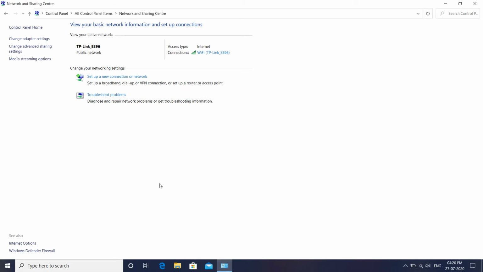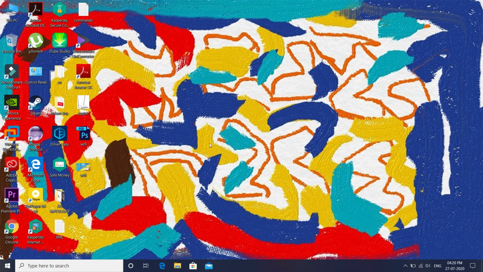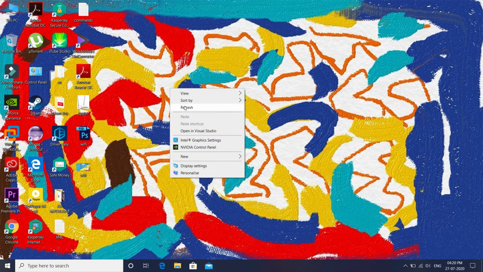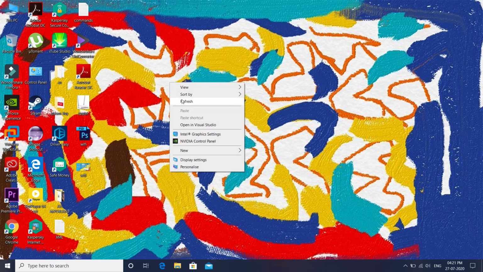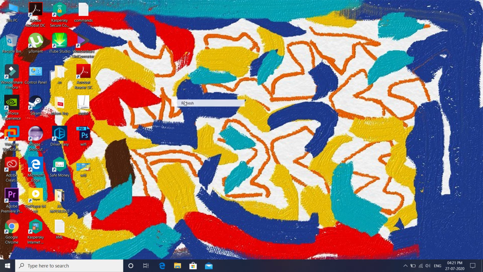Actually friends, I previously told you that this is not any Wi-Fi hacking or anything like that. Another thing I suggest is, whenever you set up your Wi-Fi connection, you can make a screenshot. You can just read the password, make a notepad file, and save your password there. So this is how you can retrieve your Wi-Fi password.